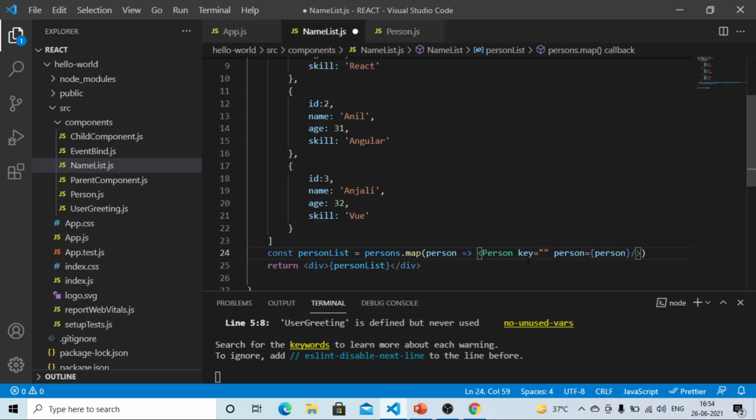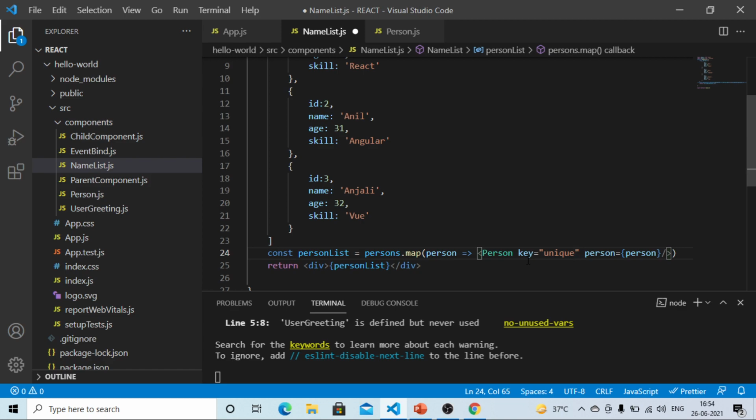If we assign a string "unique" as the value to the key prop, then every item in the list will have the same value for the key prop.